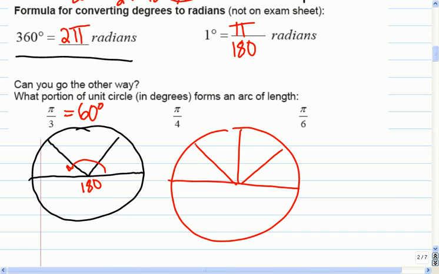1, 2, 3, 4. That means if the whole way around is 180, then I have 180 divided by 4, which is how many? 45 degrees. Good. Okay. And last one, can you do it without a unit circle? Good, 30 degrees. So let's try and find what's the formula going to be here now when we look at